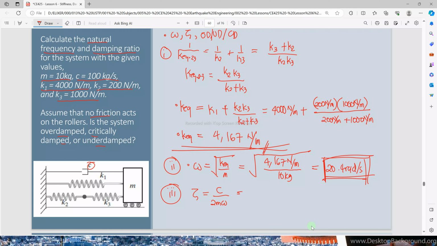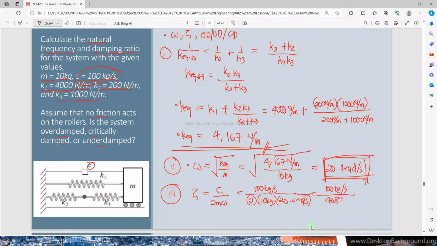Our damping coefficient C is given as 100 kilograms per second, over 2 times the mass, 10 kilograms, and then our omega is 20.4 radians per second. So we'll have 100 kilograms per second over 2 times 10 times 20.4,